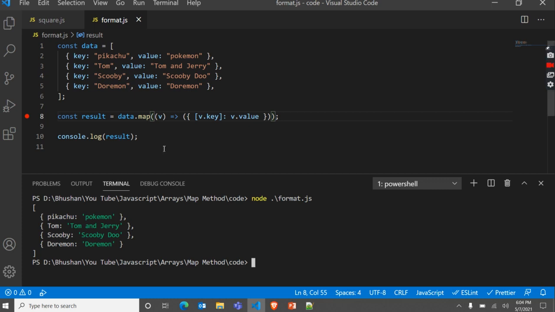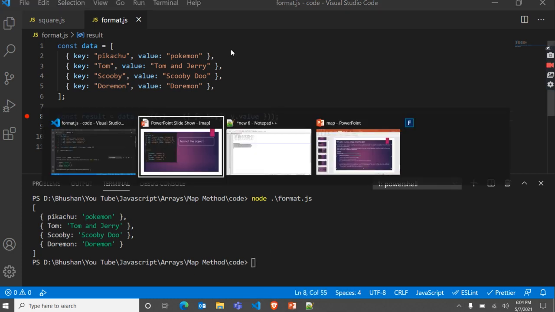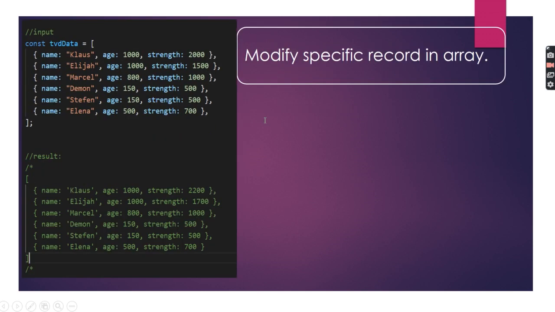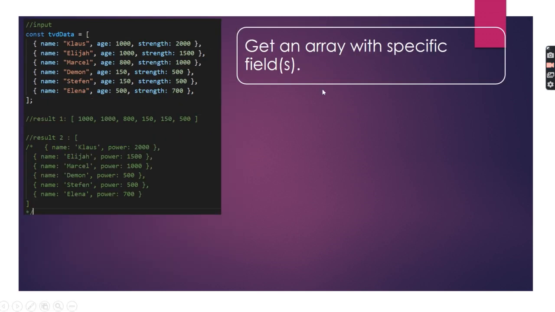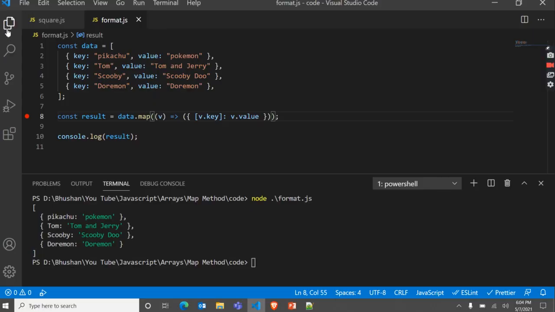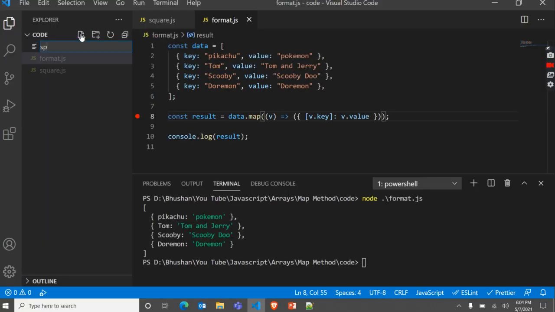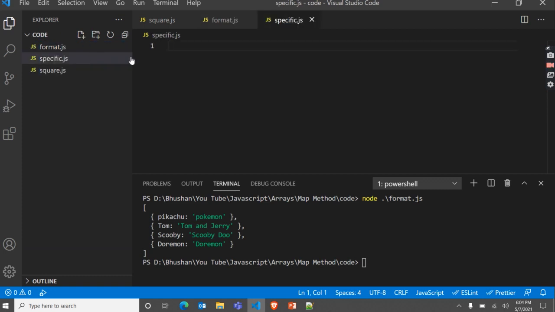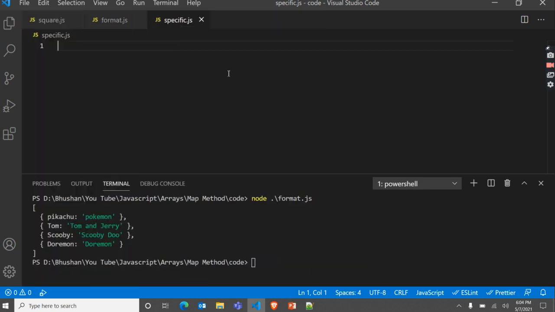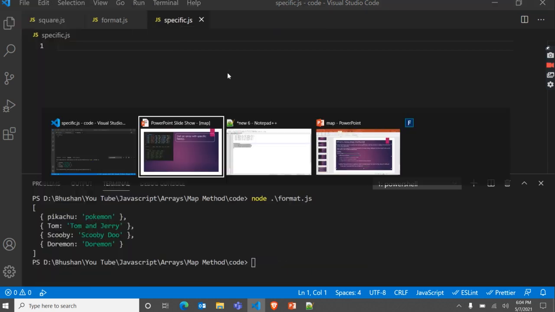Okay, now let's work on our third example. So what is the third example? This one: get an array with specific fields. So let me create one file with the name specific.js. Don't worry about this file name. Okay, and let me add this data.